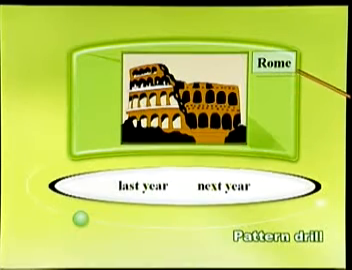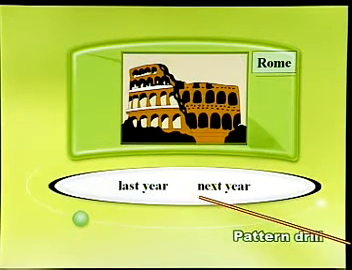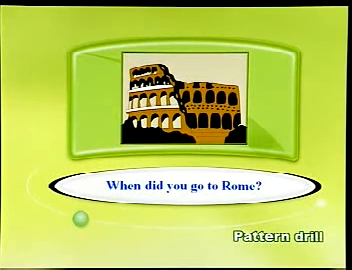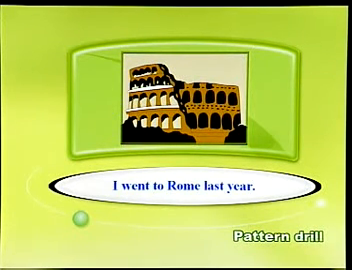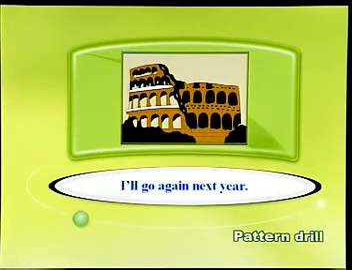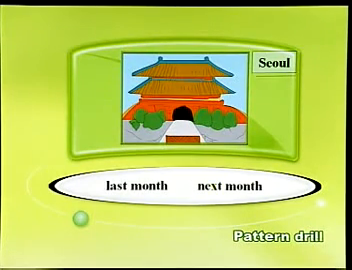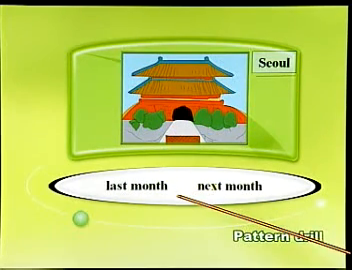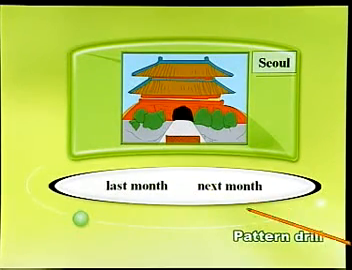Rome 罗马，Last year, next year. When did you go to Rome? I went to Rome last year. When will you go again? I'll go again next year. Seoul 汉城，Last month，上个月，Next month，下个月。